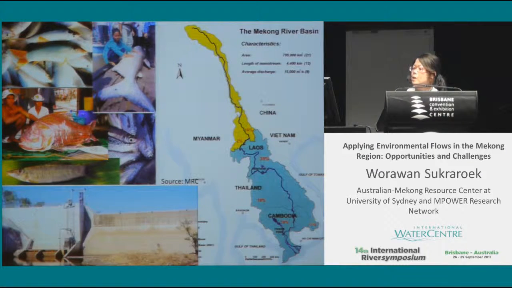Look at Laos a little bit. What's important there is hydropower development, which is considered a high development agenda for Laos, being the battery of Southeast Asia. So there are a lot of hydropower projects in that section. And the third one, looking at Cambodia a little bit, Tonle Sap fisheries, Tonle Sap biosphere, and this is one of the most important ecosystem habitats for the Mekong in terms of ecosystem integrity and fishery resources. And fish is the main diet for Cambodians and also basin people as well. And the Vietnamese Delta, this is considered the rice bowl of Vietnam. And Vietnam is the first or second rice exporter to the world.